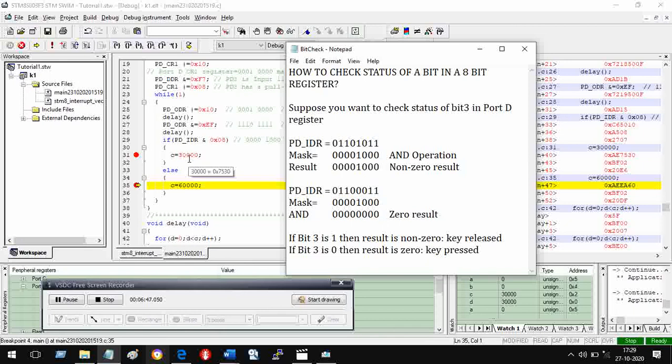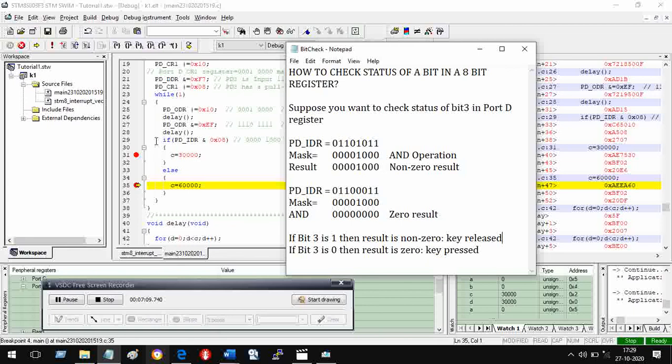What is the use of setting it 30,000 or 60,000? This goes into a delay routine. You can see here at the last line in the program, the variable in the program is C. If C is large, then flashing is slow. If C is small, then flashing is fast, because delay is small, so it will flash faster.